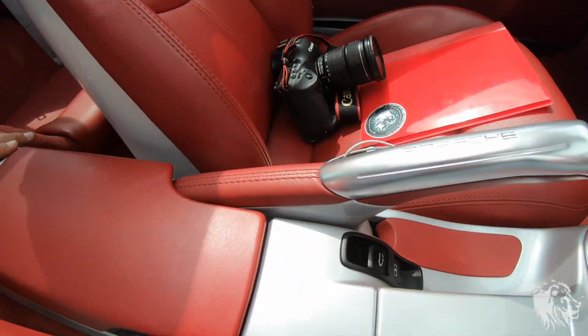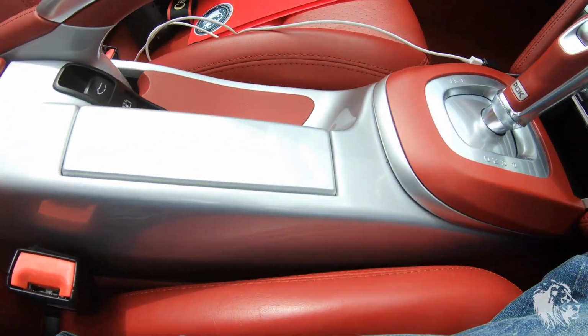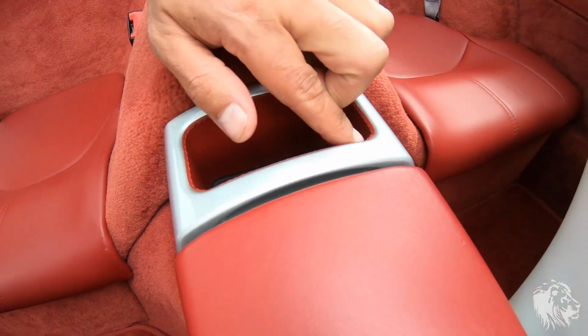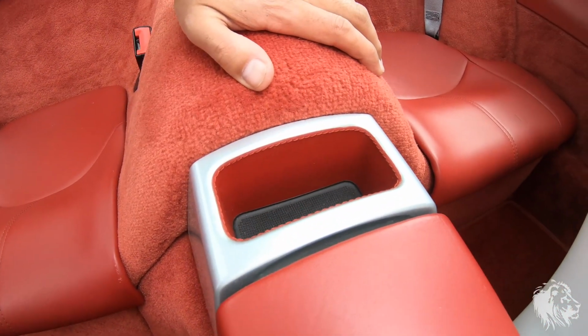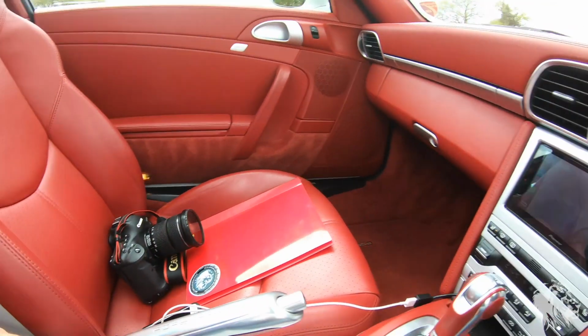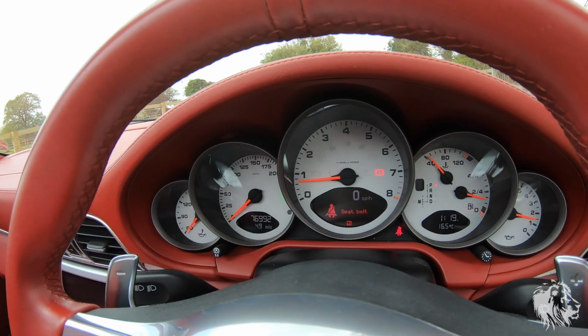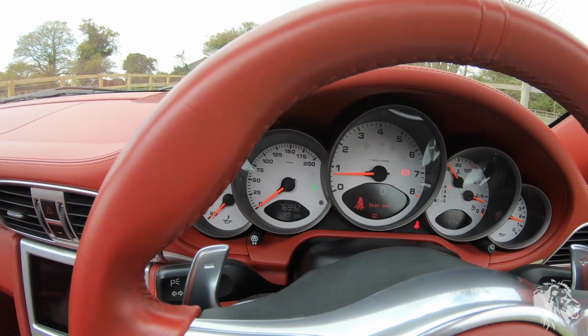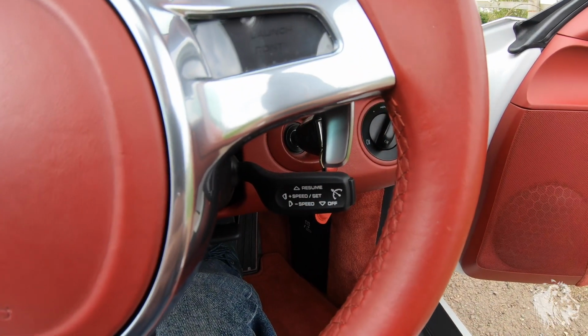This is all beautifully finished here, no marks or anything on this armrest as well. It's also got a lovely stitched cubby there with the same red leather, all from the factory. Now, it's covered 76,992 miles, which isn't too high for one of these cars. I mean, it's a car to be used. It's got the cruise control